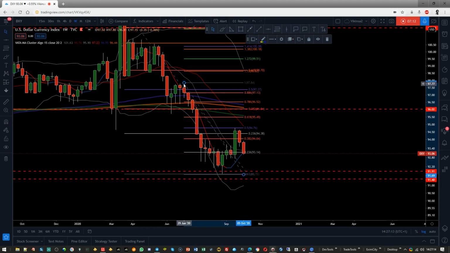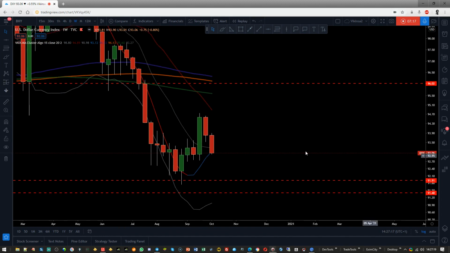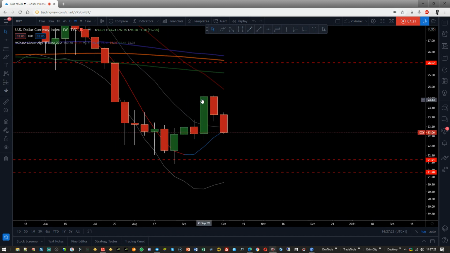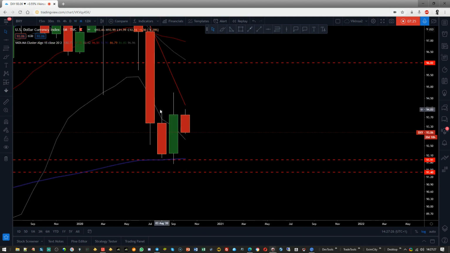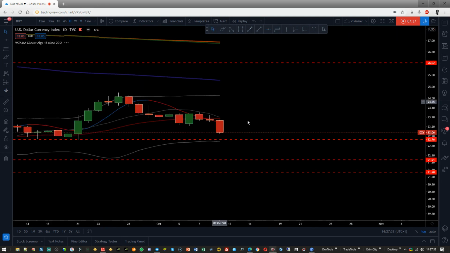Okay, so what we have here is the market is actually moving down right now, and the reason behind that is because it actually failed to close above the previous high. So it can go down all the way to this level. So these are all the important levels that we have, and then at the top we have this as well. Okay, so if I go to the daily time frame,